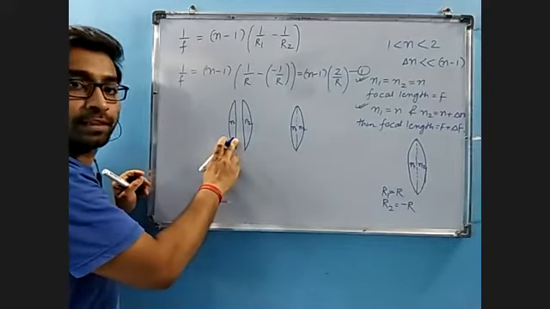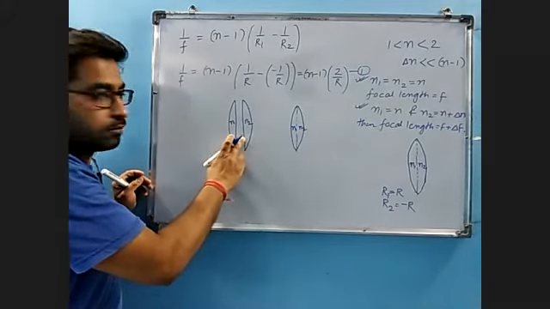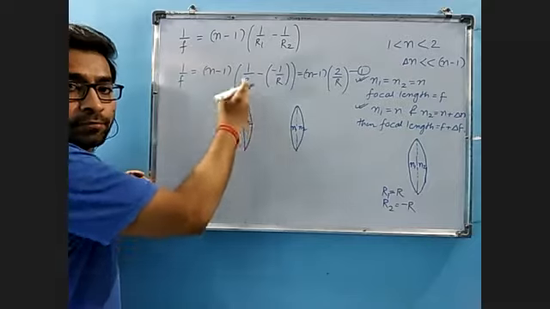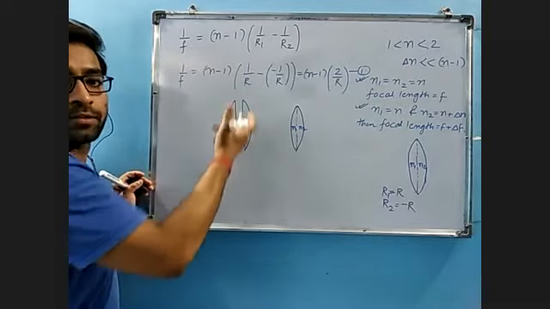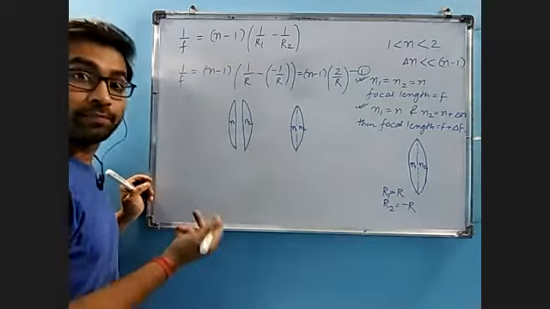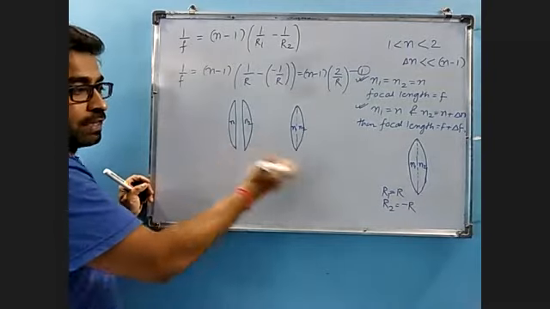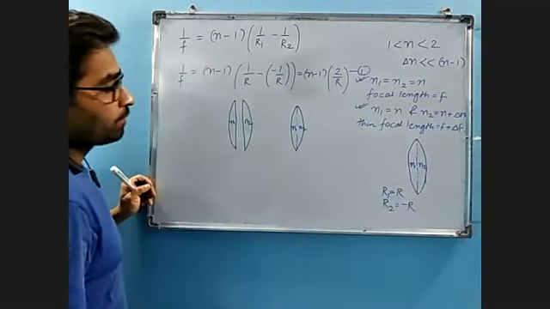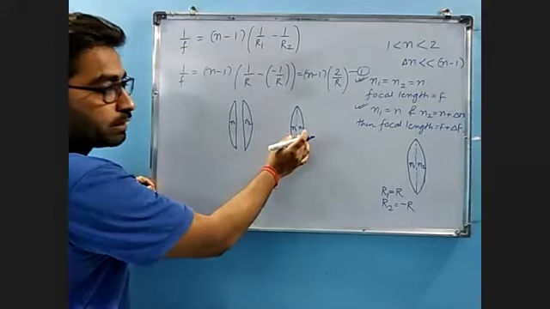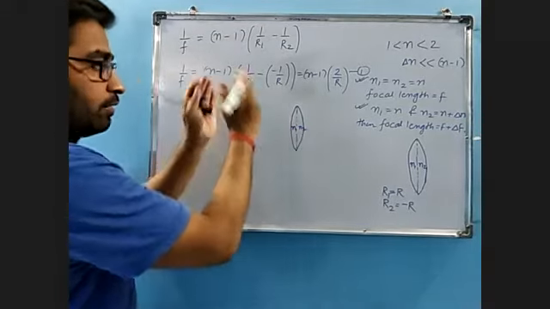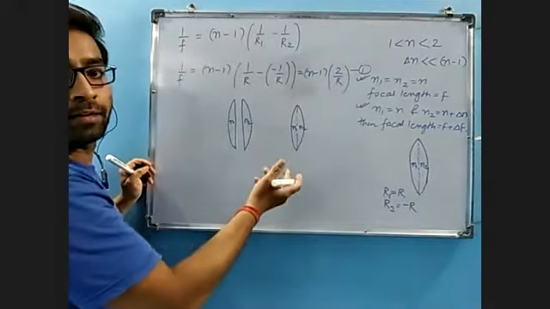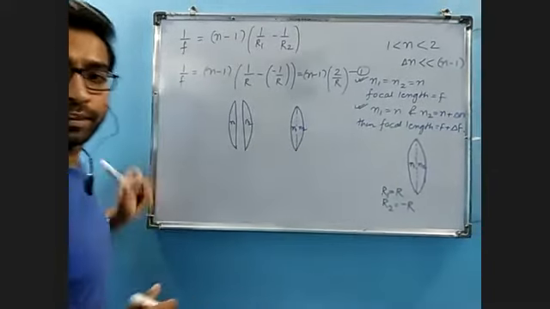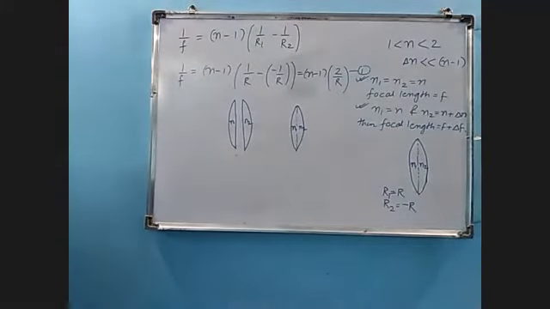radius of curvature infinity. The second part, that means the second lens, its first surface is plane, so that has radius of curvature infinity, and the second surface will have radius of curvature minus r. These two lenses could be considered to be placed in contact, and we can thereafter find the combined focal length. Okay, so let's find that out.